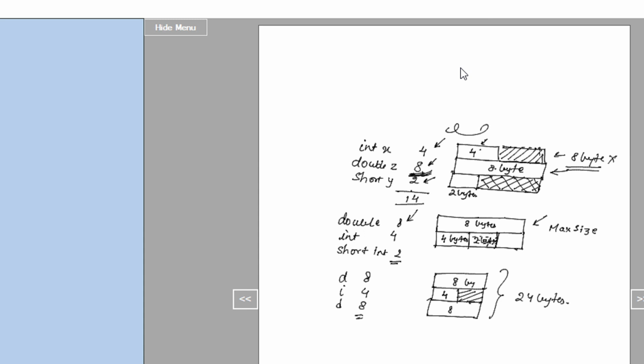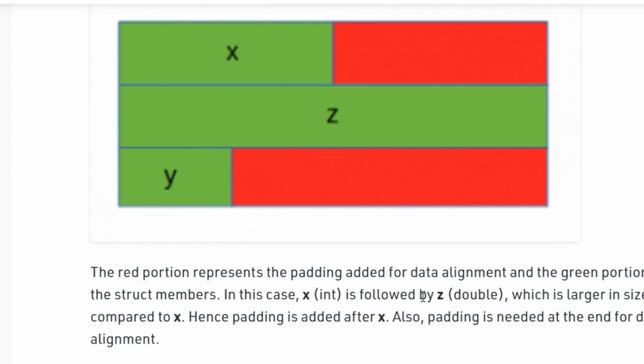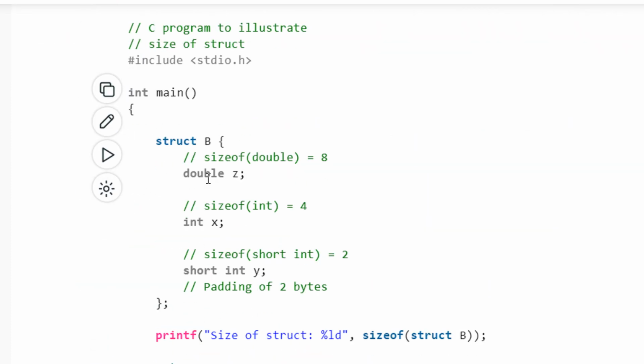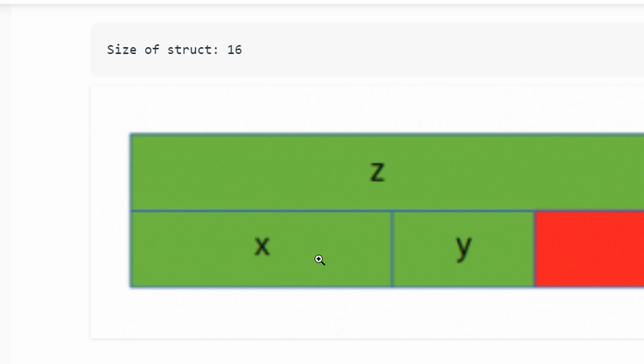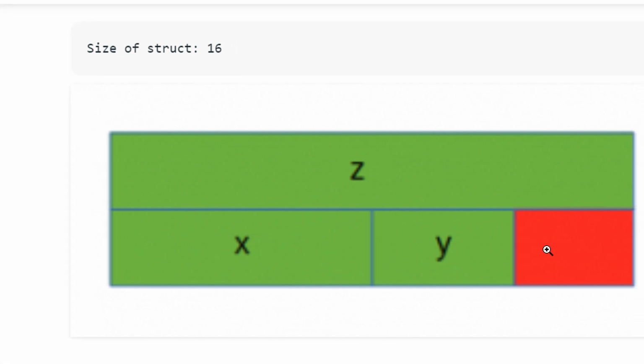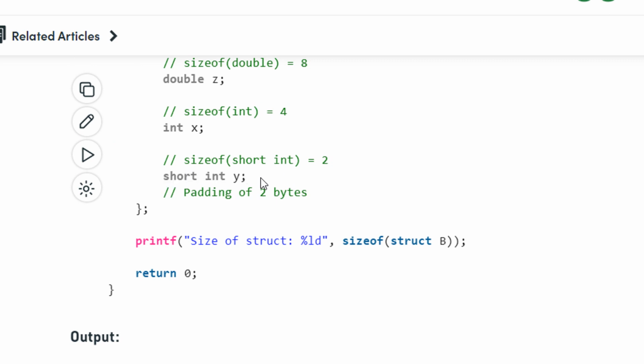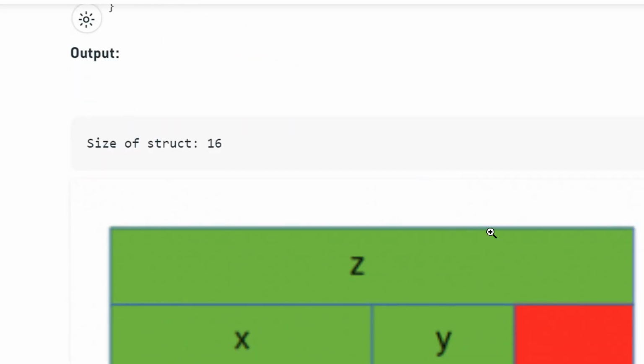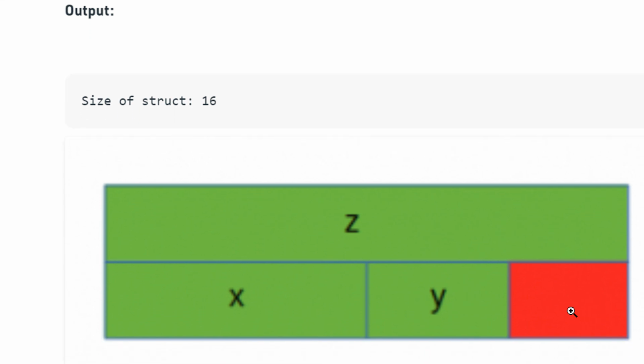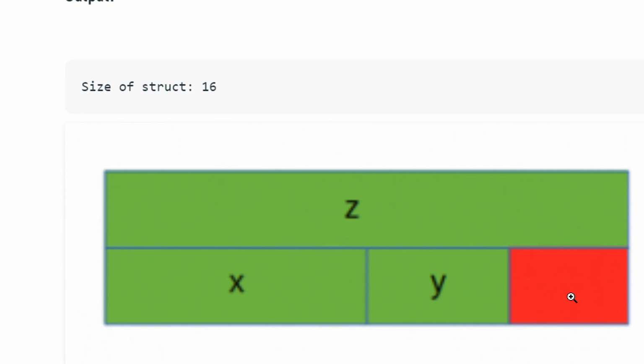So whenever you are doing a structure element, you just compute the individual sizes and keep the highest or equal sizes above, then the lower, and then the lowest size. So this is how you basically proceed in structures, and that is what is shown in this particular diagram. See, in the next case, when we have double, integer and short, it basically optimizes. Now in this case, if you had declared another short variable here, let's say short int b, it would have taken 2 bytes, and the entire structure memory location would have been packed.